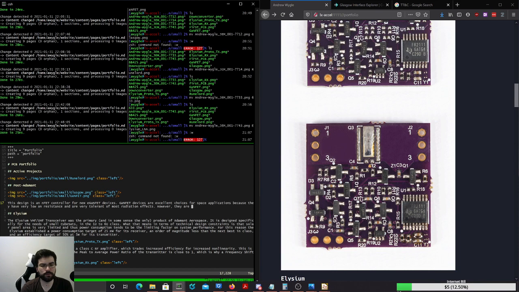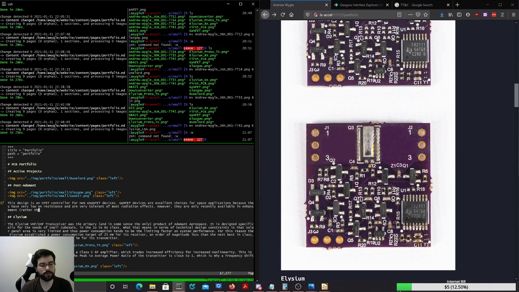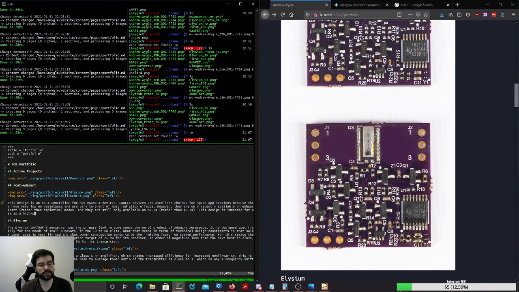Right, so however, they are only recently available in enhancement rather than depletion modes, and they are still only available as NFETs rather than PFETs. This design is intended for use as a high side power switch based on GaN FETs, which, you know what, I'm going to stick this under Adamant as well, but